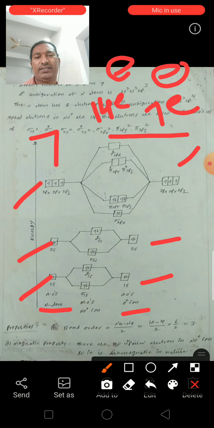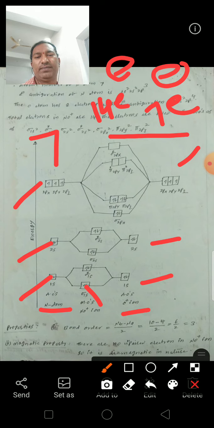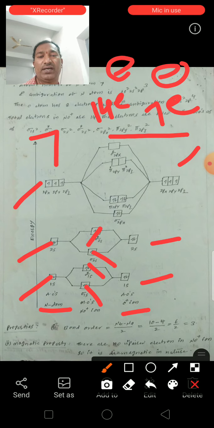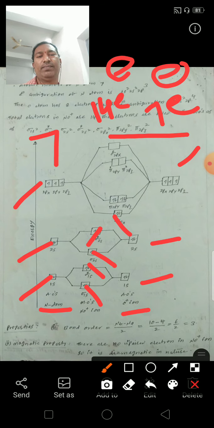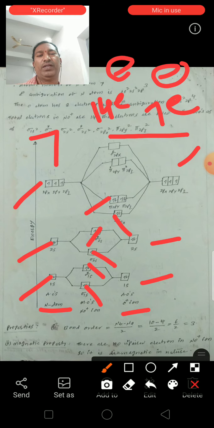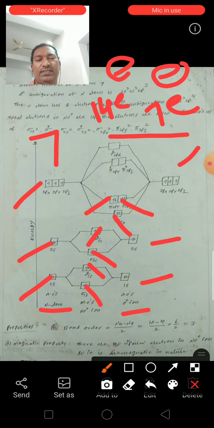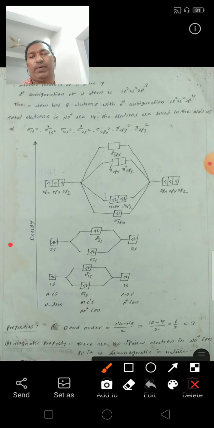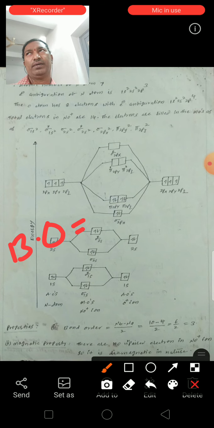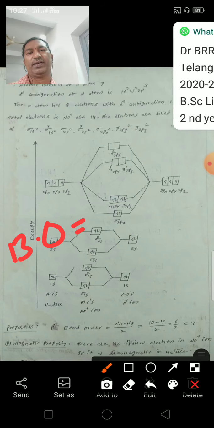So here, 2 electrons in sigma 1s orbital, 2 electrons in sigma star 1s orbital, 2 electrons in sigma 2s, 2 electrons in sigma star 2s, 2 electrons in sigma 2px, 2 electrons in pi 2py, 2 electrons in pi 2pz. Total 14 electrons completed. So for the bond order, the number of electrons in bonding molecular orbitals is